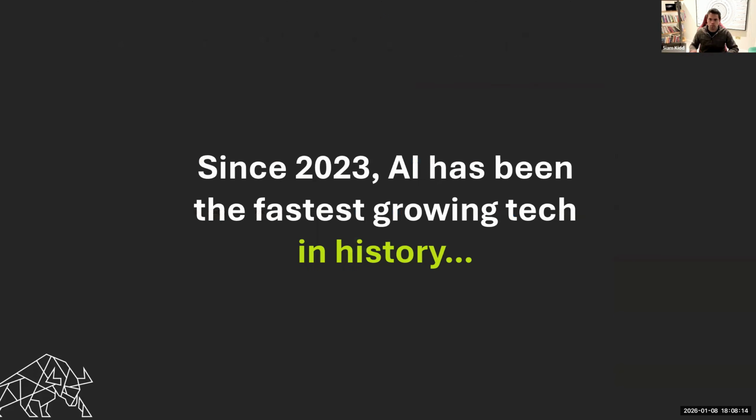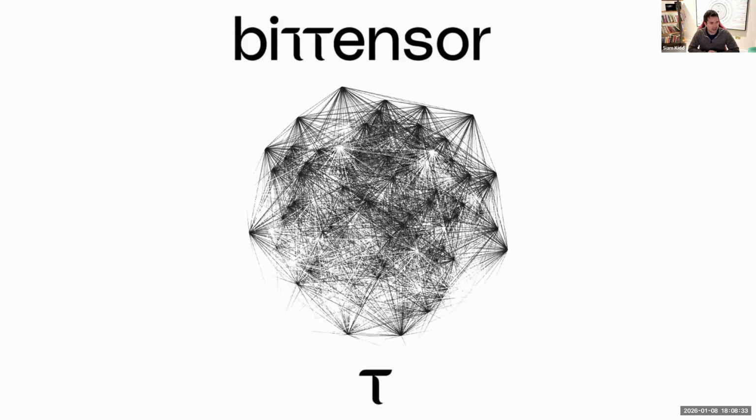But let's crack on. So since GPT-3 launched, AI has been the fastest growing tech in history. Before that, it was crypto. And one thing that we've seen is that, well, 2 years ago, I stumbled across Bit Tensor. I didn't like it for a good 6 months. And then what happened in October 2023, they had a massive upgrade, and Bit Tensor launched this thing called Subnets. And it completely hit me across the face because I realized this was the Ethereum moment